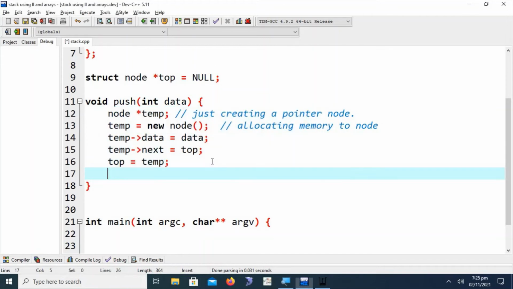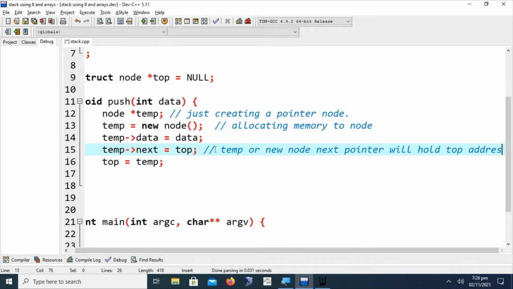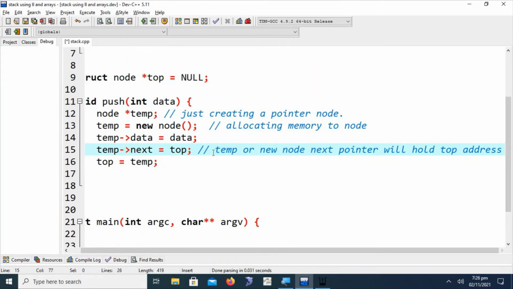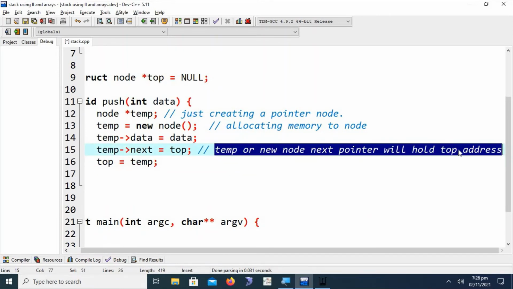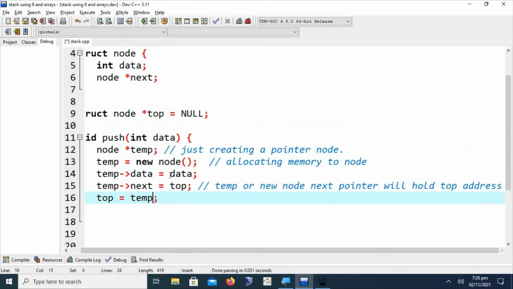It means the temp or new node's next pointer will hold the top address, the address that the top pointer already holds, and the top will be the temp, the newly created node.